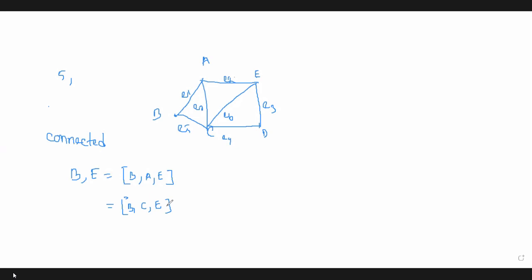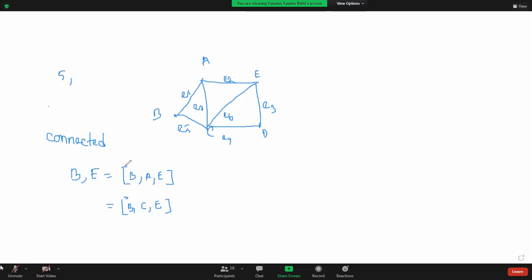We are calling it a simple path. Why? Because here all the nodes are distinct, or we didn't take any node twice here. All the nodes are taken how many times? Only once. B, A, E. If we start from this node B, how can we travel to this destination node? In this way, by following this path, B, A, E. And in this way, all the nodes are taken only once. That's why it's called a simple path. All the nodes are distinct.